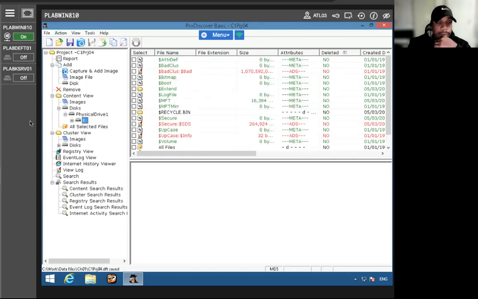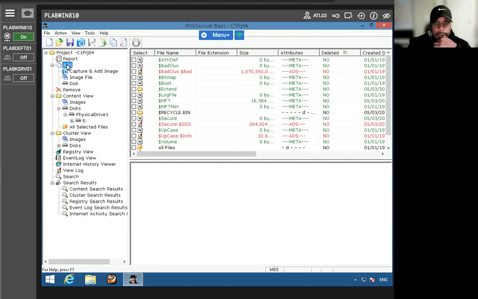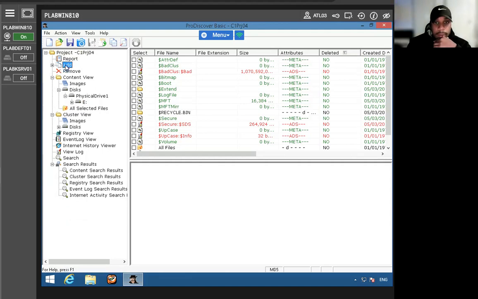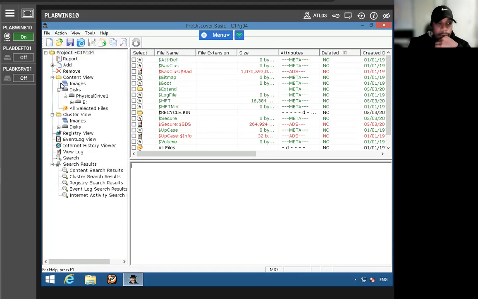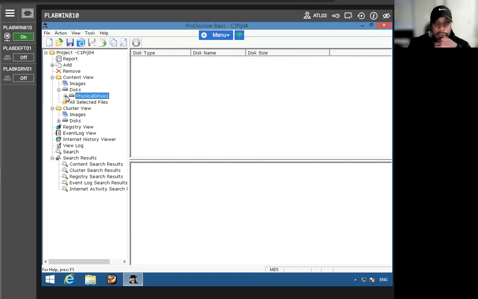We'll do that here, and then we can still add. Right, and then let's see, content view, then disk, physical drive,